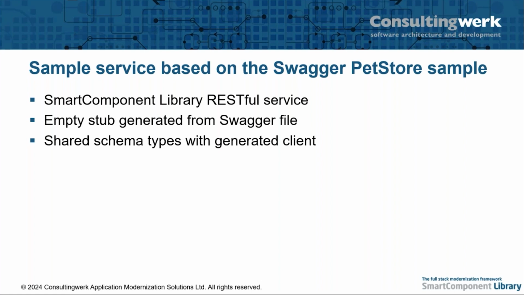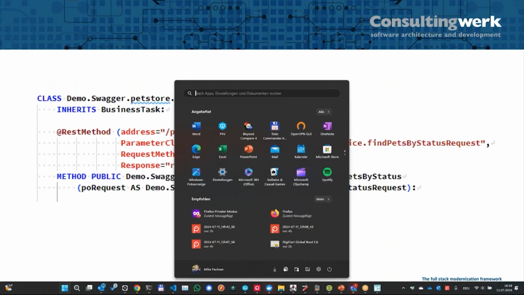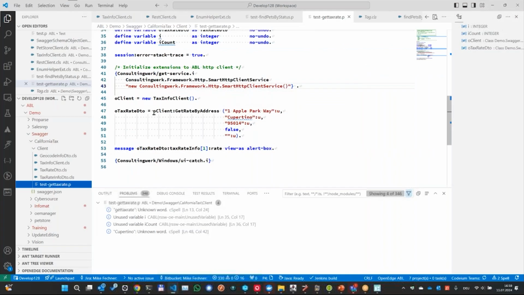The foundation for that is just the fact that the schema types, so the classes that we generate for the pet and the category, etc., can be used both to describe a client and a service. So if I now look at the service that we have here,